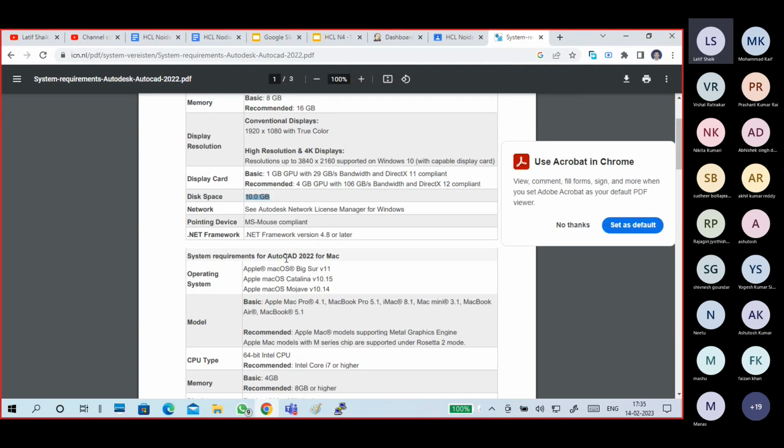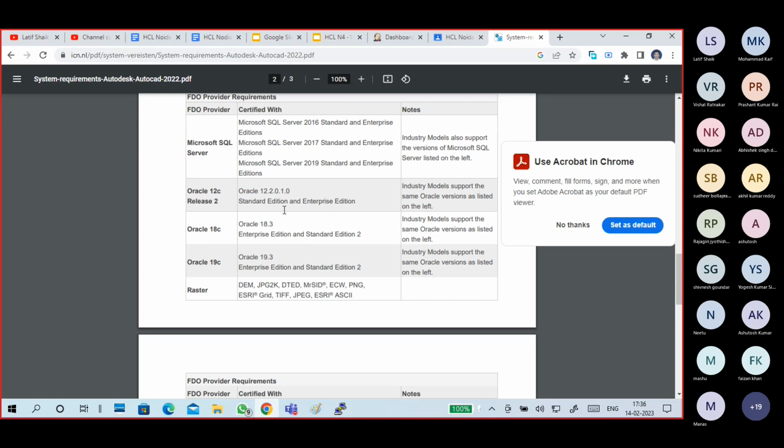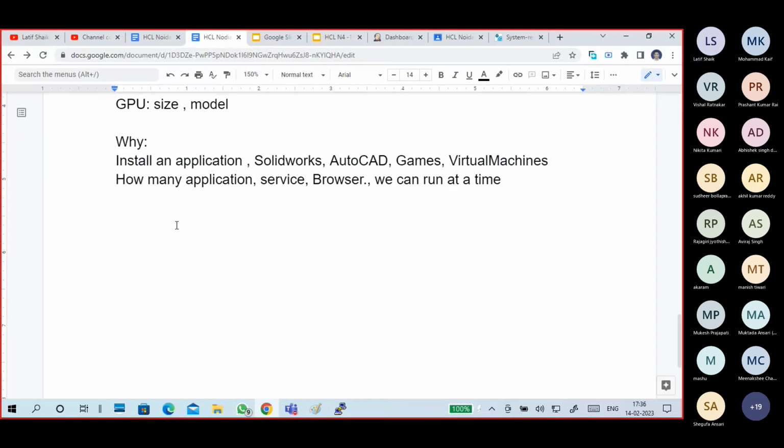You can also see how much free disk space is required to install and run AutoCAD. Application requirements, supporting operating system requirements, display resolutions, all are shown.